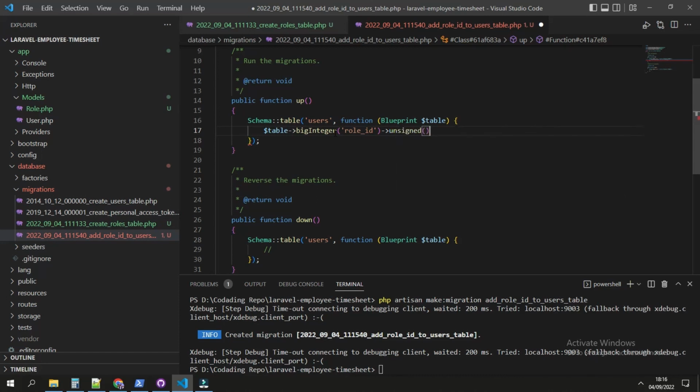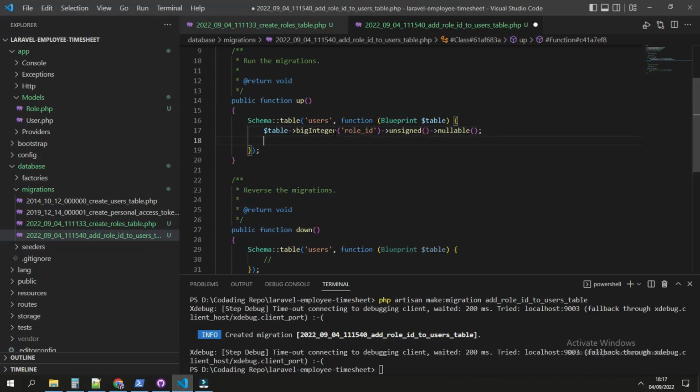The unsigned is to make sure that there is no negative value, and also the column may be null, so it's nullable. After adding the column, now we add the relationship from the role ID to the ID from the roles table.